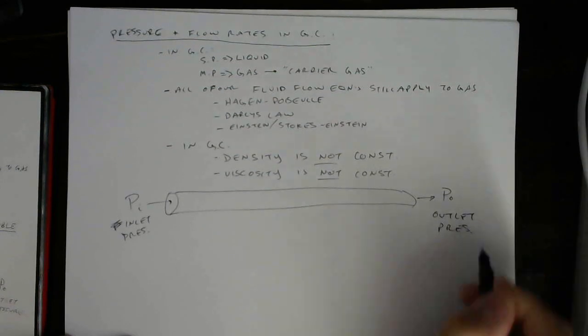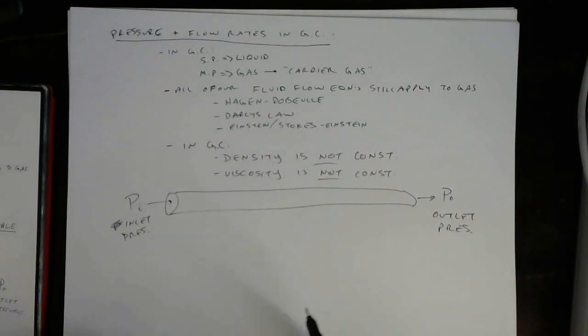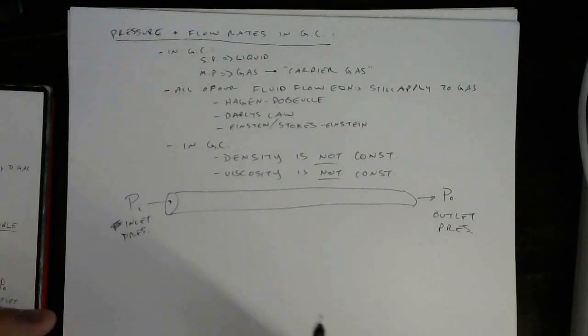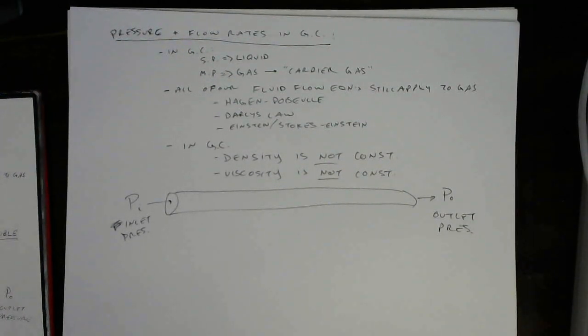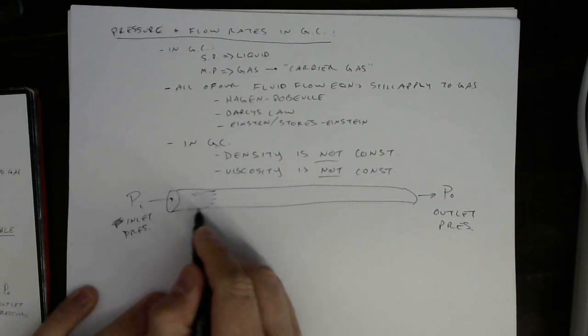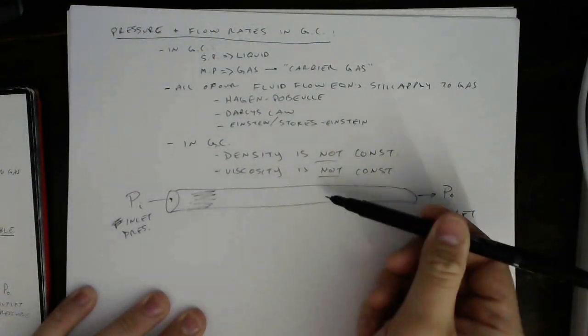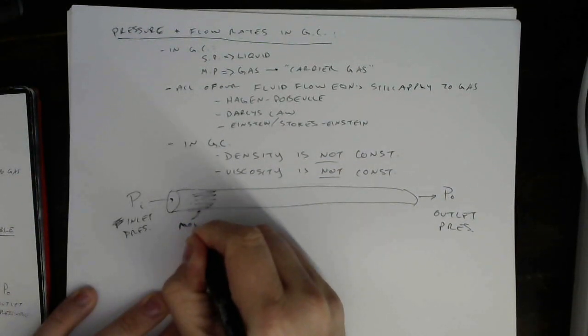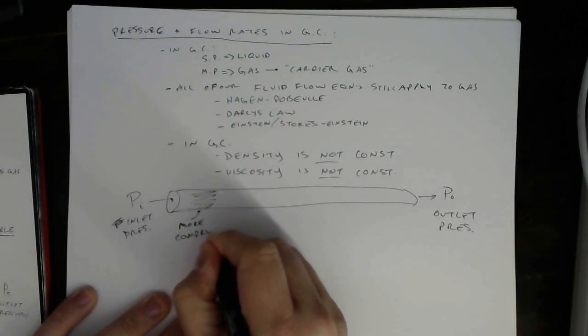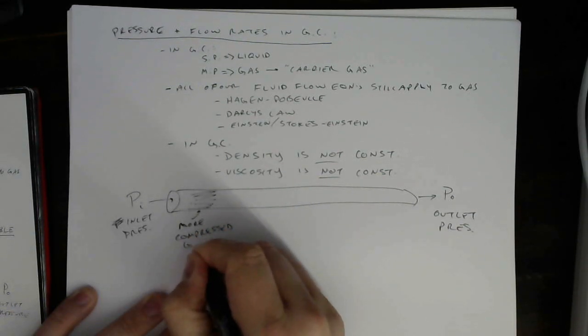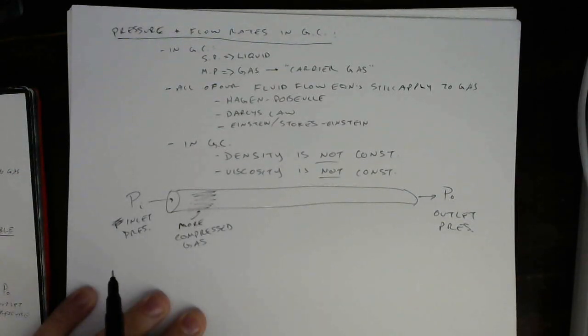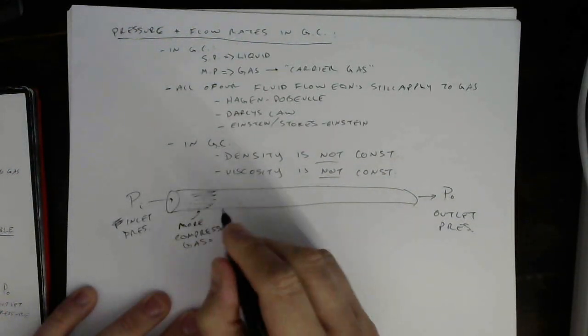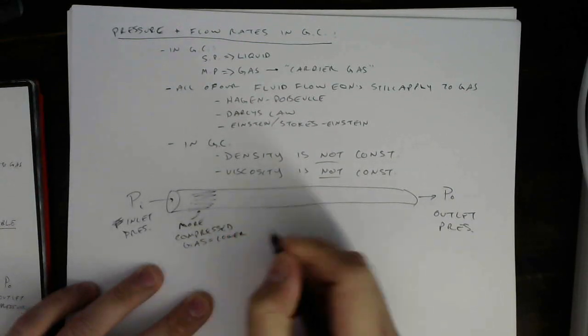And the reason that density and viscosity are not constant is because unlike fluids, gases are compressible. That's how we get so much gas into a gas cylinder in the first place, which is probably where this gas inlet's coming from, right? So we're going to apply some pressure to push gas through this thing, and what we're going to find is that up here in the front, when you have a lot of back pressure applied from the restriction of this column, we're going to get more compressed gas here up front at the head of the column. And that more compressed gas is going to lead to a lower linear velocity,